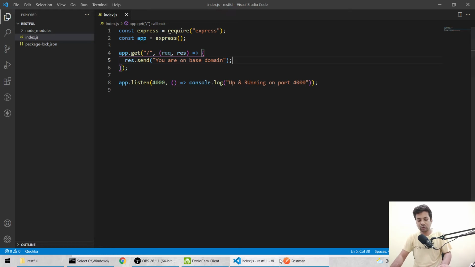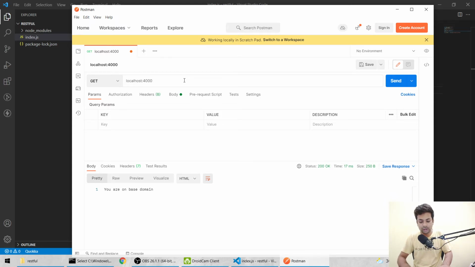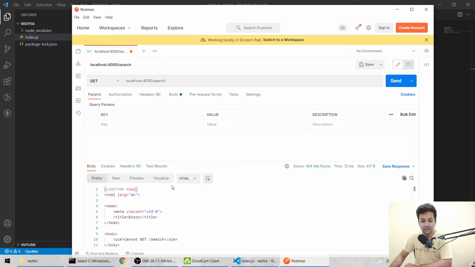And suppose you want one more route, like you want slash search, so you just copy it and paste it here, and you say slash search, and here you say you are on search URL, and you save it, and you go here and do slash search, send.